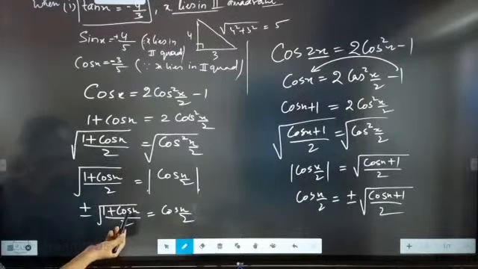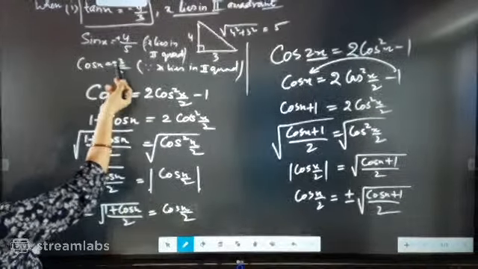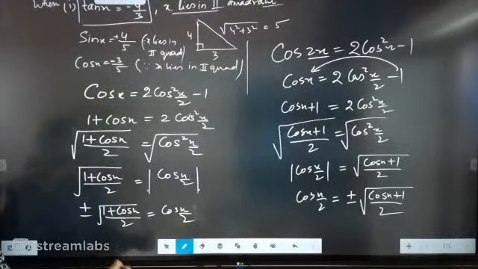Okay, now beta just implementation of cos x value. What is cos x? Minus 3 by 5. Just write cos x here, minus 3 by 5. Now I am not keeping it because this part I have explained. I want you, if you have time, you write this in your note and keep it beta. Very important. Now here this part will come, just put the value there. It is coming 1 minus cos x value, what you got? 3 by 5. So 1 minus 3 by 5 by 2 equal to cos x by 2. So here plus minus